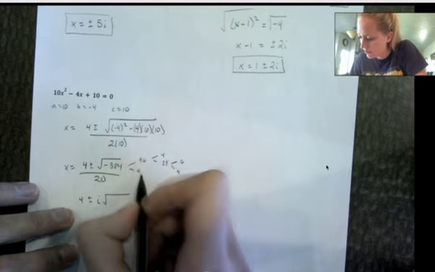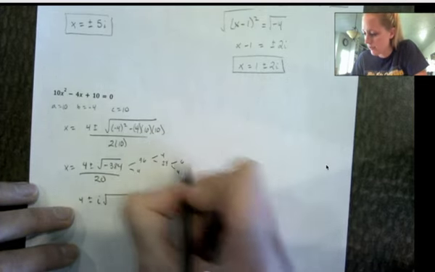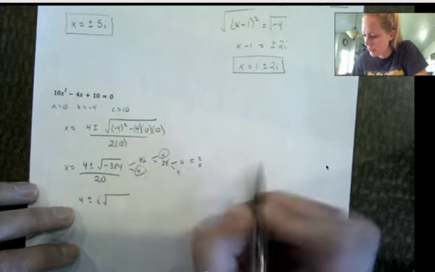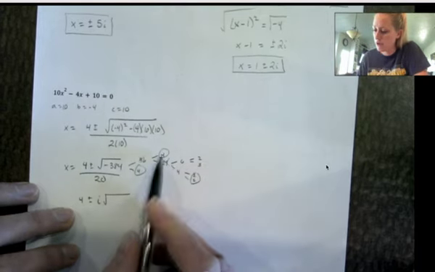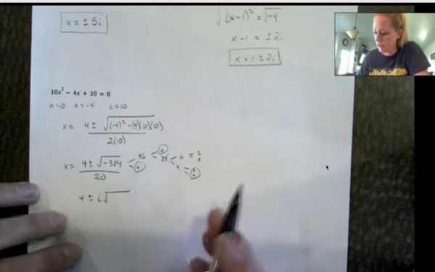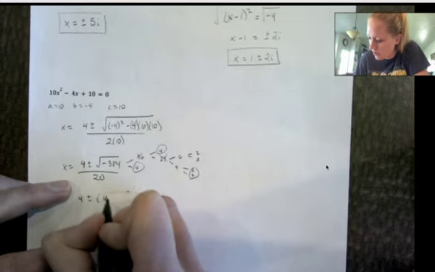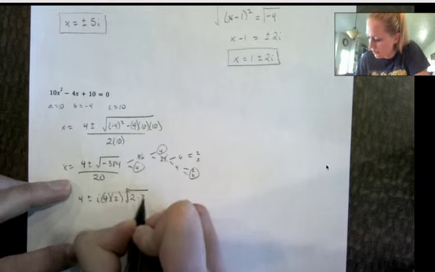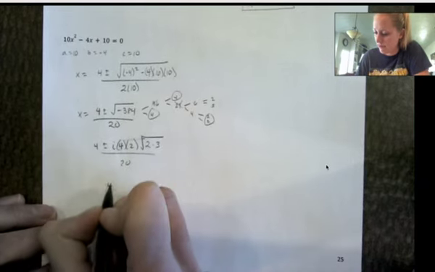All right, and I can keep going with that. 4 and 6, and all these 4s I can break. Well, I'm actually not going to break this 4 because I have a pair here. So I have a pair of 4s and a pair of 2s that I can pull out. So I have a 4 and a 2 that I'm going to pull out, and then I have a 2 and a 3 I'm going to leave underneath. So we have a 4, a 2, and underneath still a 2 and a 3. All right, so let's simplify that. So I have 8i out front of the radical,